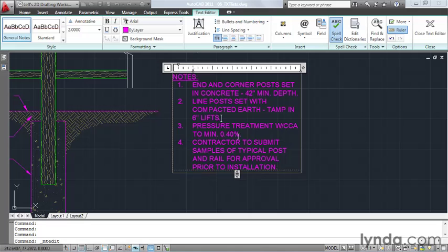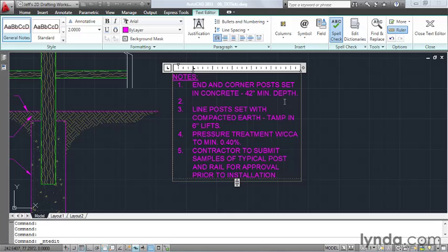Now, this text is kind of close together. Maybe I'd like to add some space between these notes. Let me show you how we can do that. You might think that we could click at the end of a note and then press enter. Unfortunately, AutoCAD thinks we want to add another note. Now, I can press backspace to remove this number, and this is actually what I want, but let me show